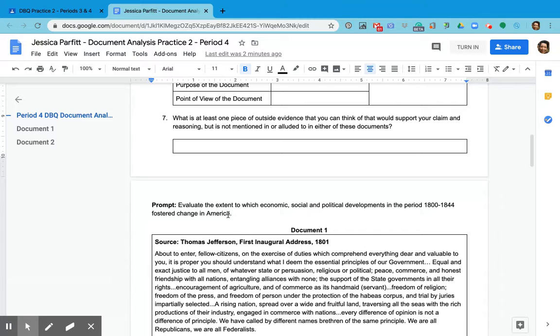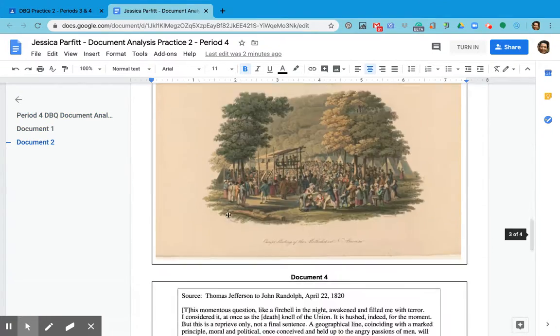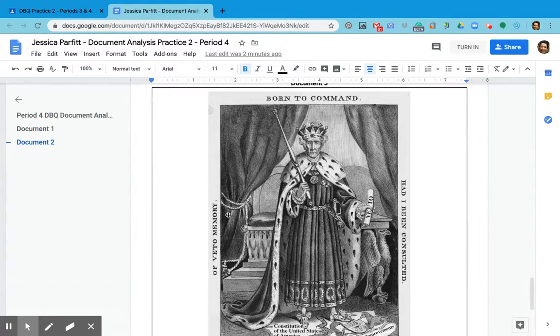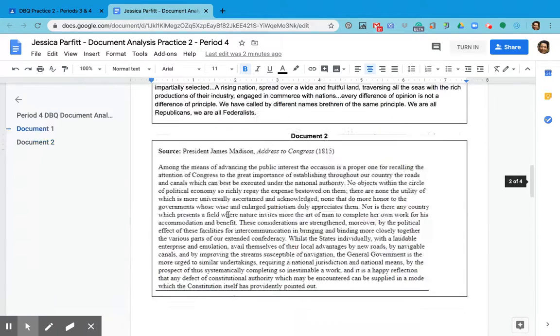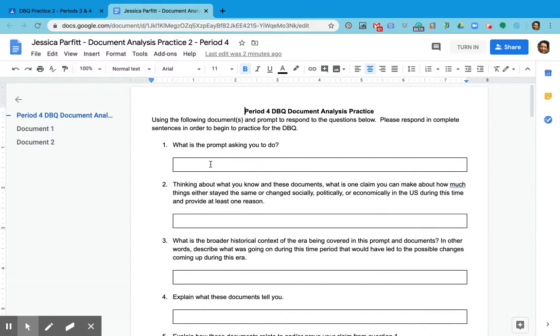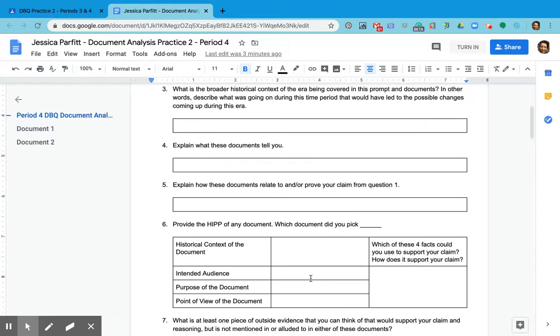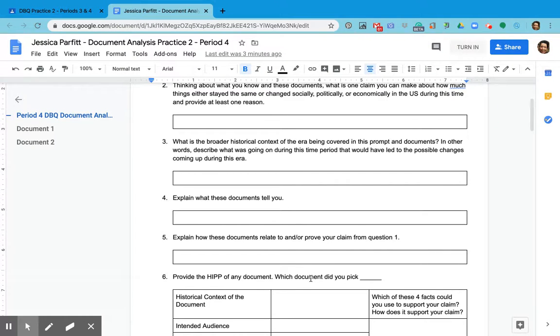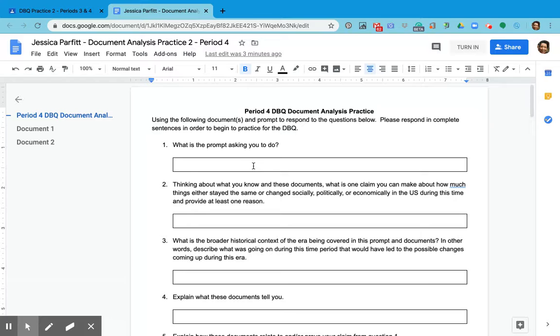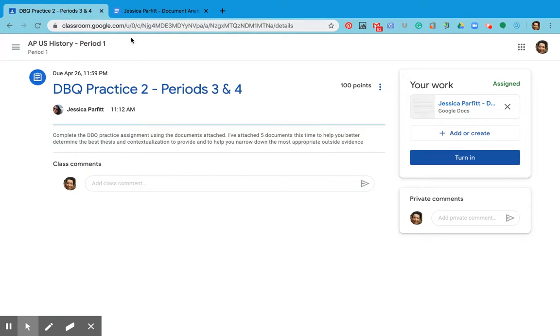The one big difference this time, though, is that I have provided you all 5 documents to go with it. And this is not because you need to analyze all 5 documents, but just so that you are able to better answer some of these questions, especially the questions in regards to historical context and outside evidence, and also to help you build an even better thesis that will better serve you in the AP exam. So this is your first assignment. Again, just type your answers into the boxes, turn it in either here or here,